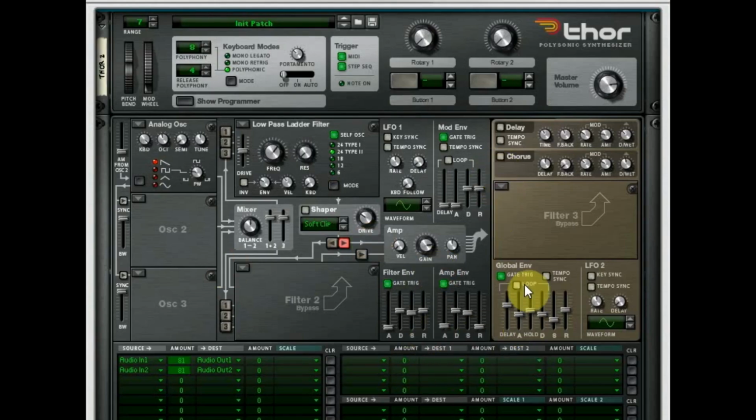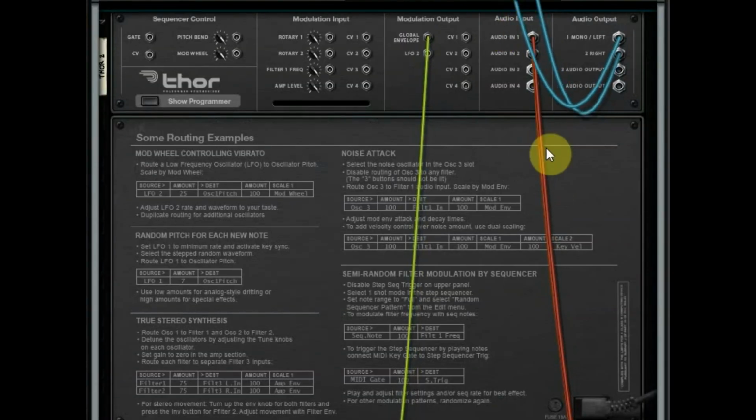In the next episode, we're going to talk about this audio input section and how, if you want to use Thor as an effects unit, and I just did an example of it, there will be an example of using Thor as an effects unit in